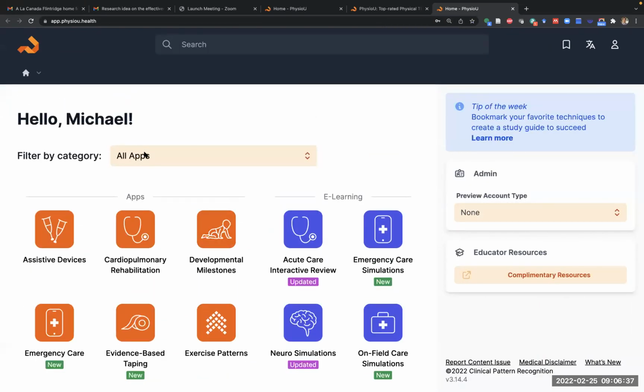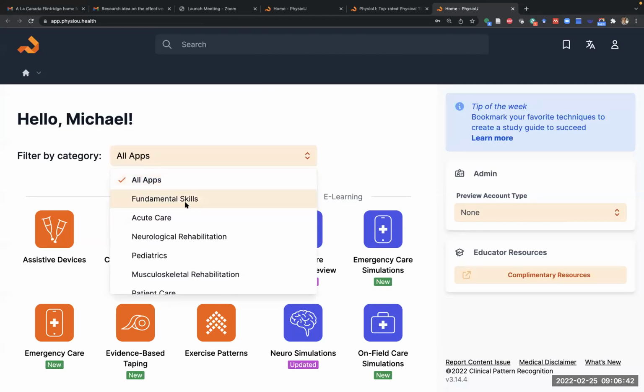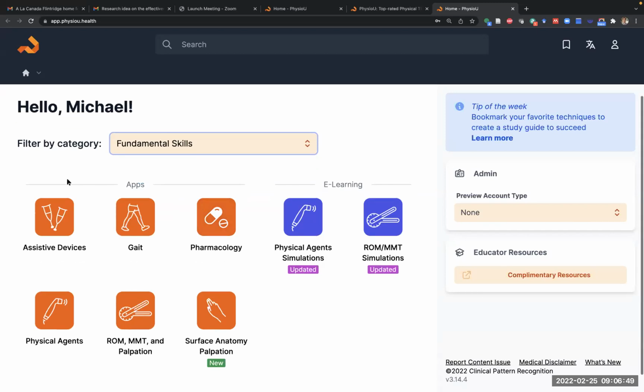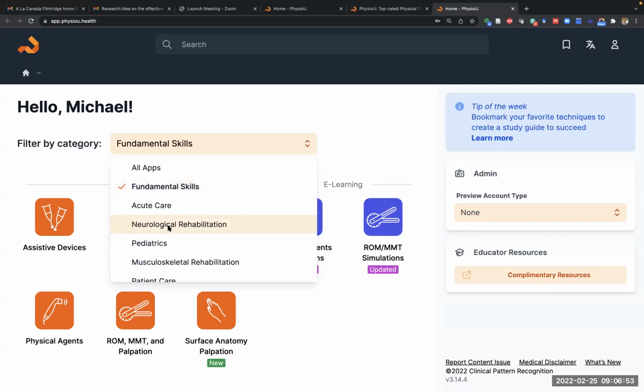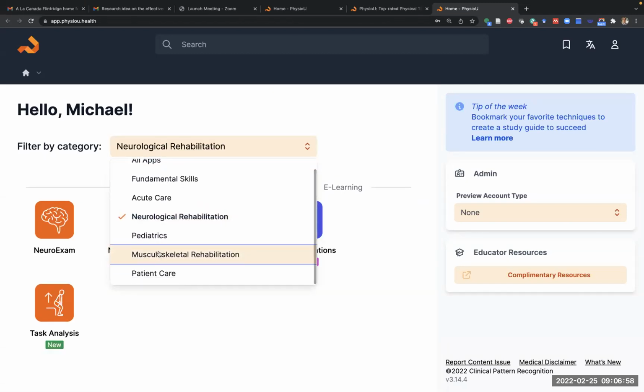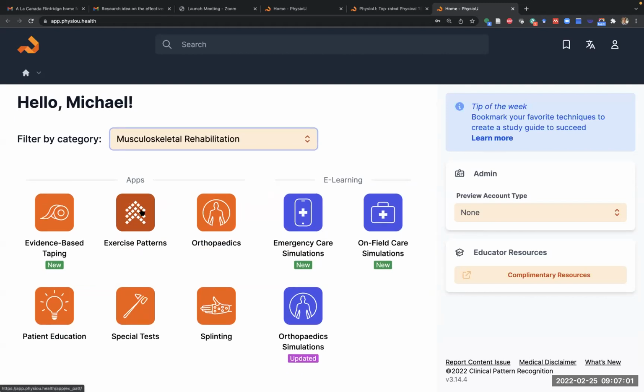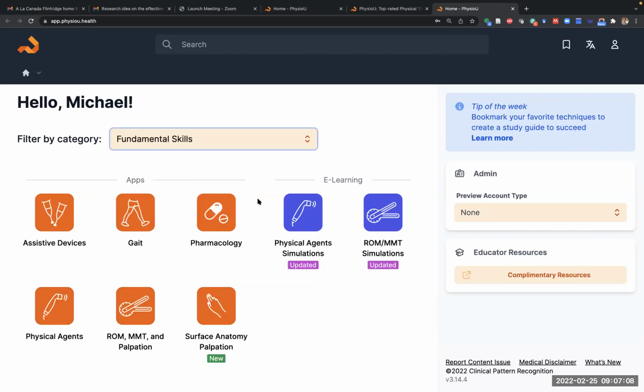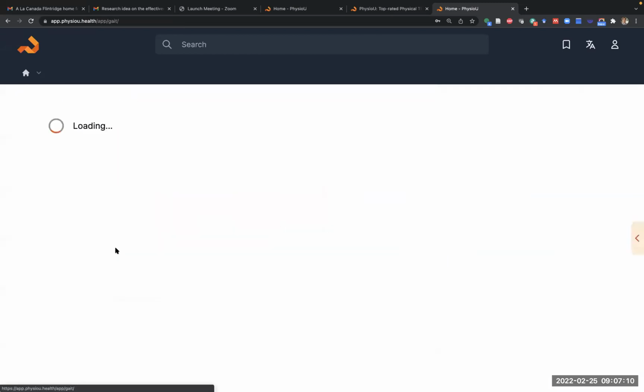The easiest way for you to find apps that you want are usually through the filter. And so Gait, range of motion, MMT, assisted devices, all of these are considered what we put into the fundamental skills group. And so you'll see that I've just sorted to the fundamental skills. Here's the neuro rehab. Here's the orthopedic, right? Exercises related to orthopedics, taping, splinting, patient education, special test. So if I go back to the fundamental skills and I click on Gait,